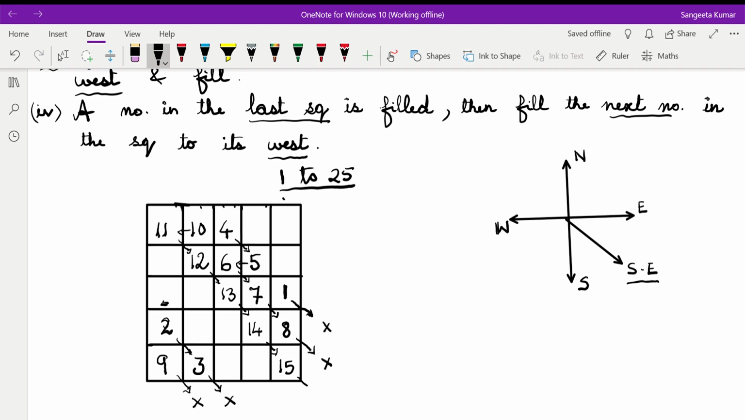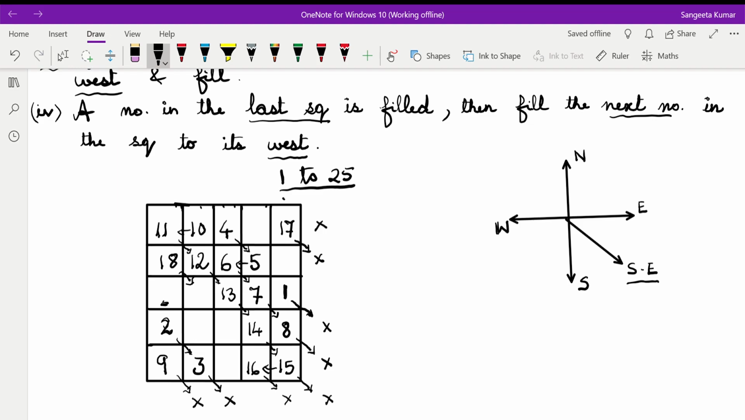And when we move out, there's a cross. Going to its opposite, again there's a cross. So what we have to do is, from here, 16 will be filled inside. Then we went to its southeast, we cannot fill, so opposite to it 17. Again we move here, we cannot fill, opposite 18,